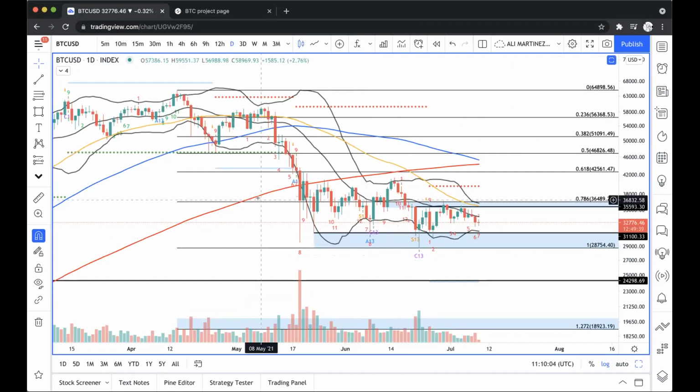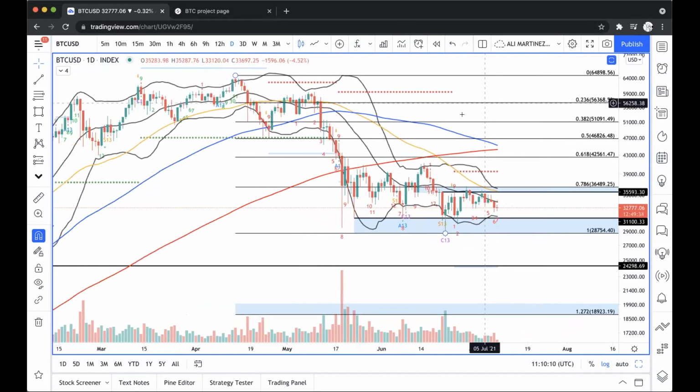Ali, I'm curious, have you seen any stats on the 100-day crossing the 200-day? Have you seen stats on post performance of that on any instrument? Basically on Bitcoin. On Bitcoin is where I have evaluated this death cross the most. And basically every single time within the past, I mean, Bitcoin was created in 2009, it started trading in 2010, but even within the first bull run, what we usually get is that,